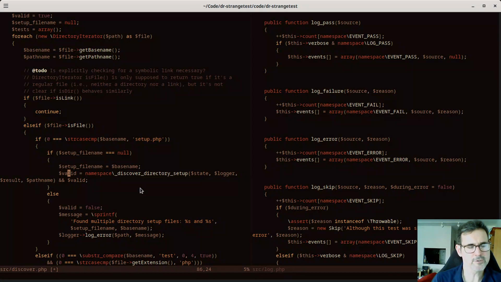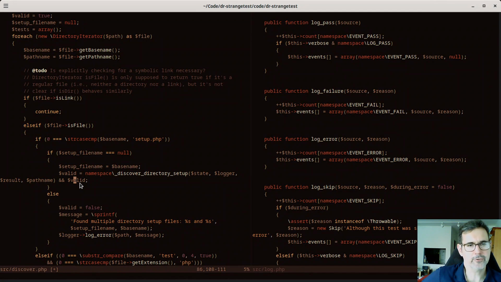And then due to the short circuiting of the Boolean operators, whatever valid currently was will just be ignored. Or if this is true, right, if directory setup went fine, then it will set valid to whatever valid currently is, which could be either true or false. So I think that's probably the better way to do it, because even if valid ends up being false,